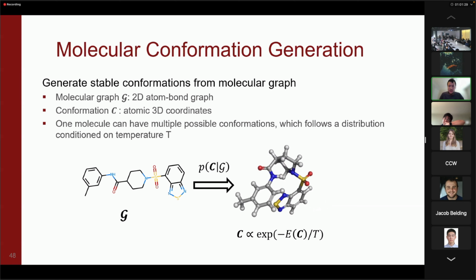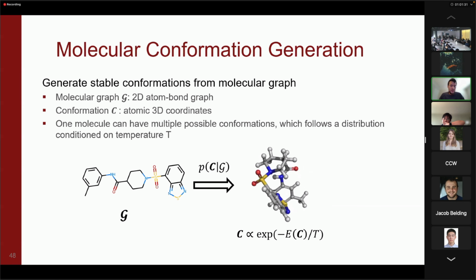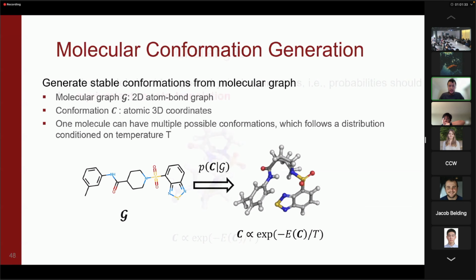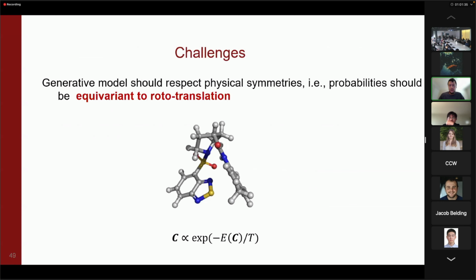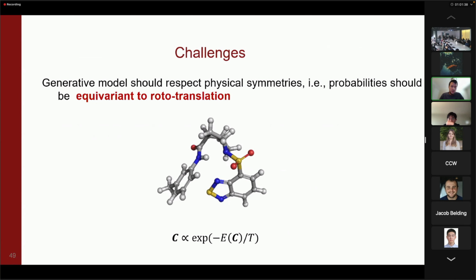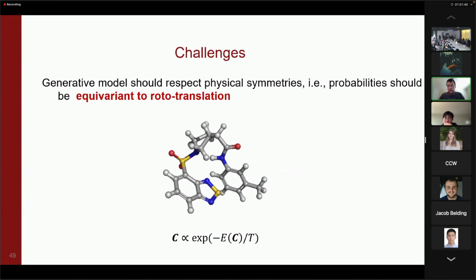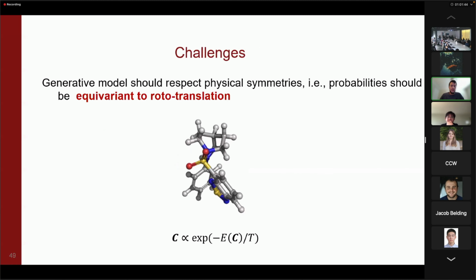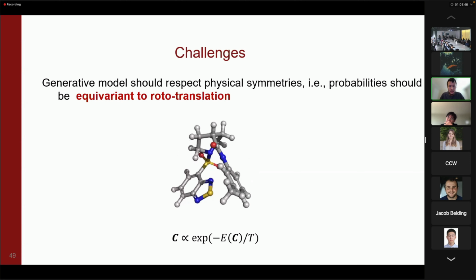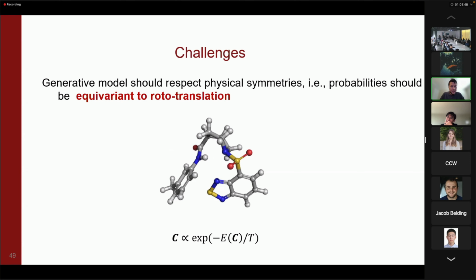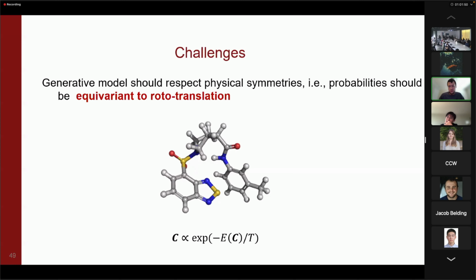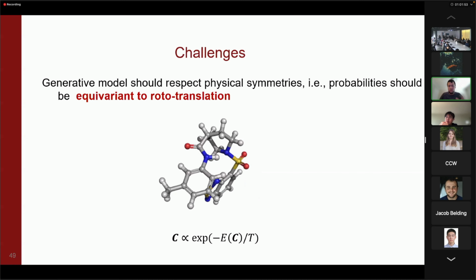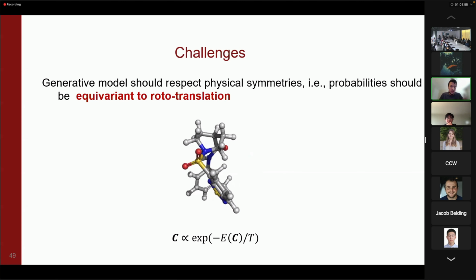And so it should be assigned the same probability by the generative model. And we've been building variants of diffusion models where the probabilities assigned by the model are invariant to rototranslations when we're dealing with geometric objects like